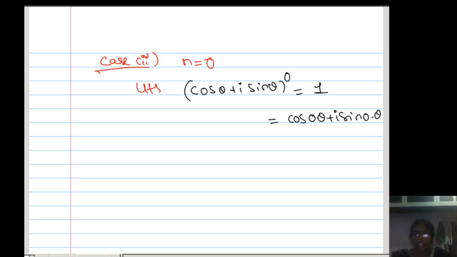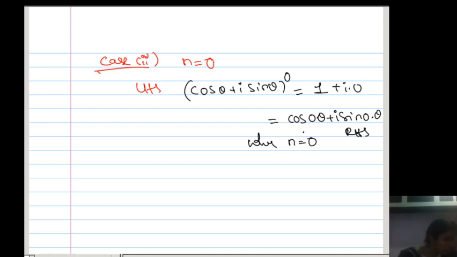So finally I can conclude that (cos theta + i sin theta) whole power n equal to cos n theta plus i sin n theta, where n is equal to 0. The relation is true in the case of n equal to 0. Now the RHS: cos n theta plus i sin n theta with n equal to 0 gives 1 plus i into 0. 1 can be written as a complex number, 1 plus i into 0, since sin 0 is 0. So 1 can be written as cos 0, which is cos 0 theta also.